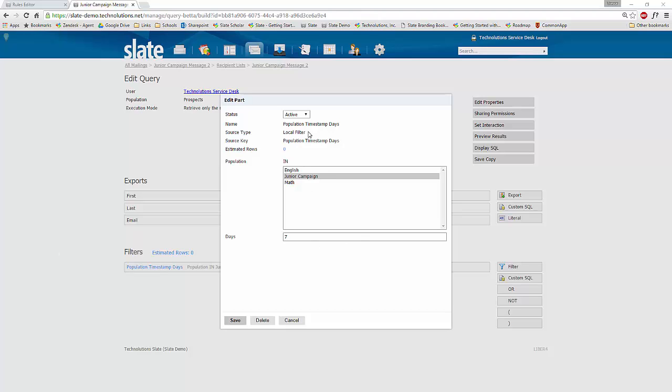Okay, so our population timestamp days filter here is looking at students who joined the junior campaign, became a member of that population 7 days ago. So that is agnostic of weekdays, weekends, and so in order for the logic of your messages to continue to function, because a student could join the junior campaign population any day of the week, you're going to want to make sure that your message is being sent every day of the week in order to capture